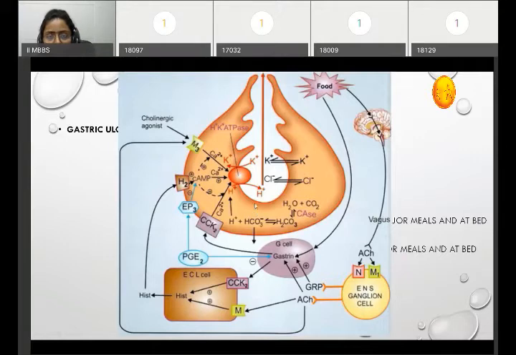So what types of drugs are used for decreasing the acid secretion? The first group is H2 blockers. H2 blockers block the H2 receptors on the parietal cells. So these are histamine blockers. They act on all three stimuli: decreasing the histamine release, and also acting on gastrin and acetylcholine. So all three stimuli are blocked by H2 receptor blockers. Hence they are used here in gastric ulcer cases.